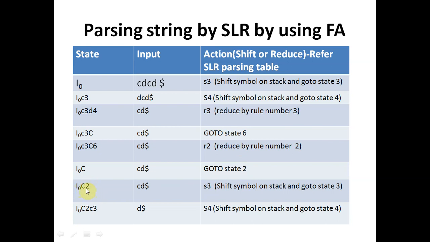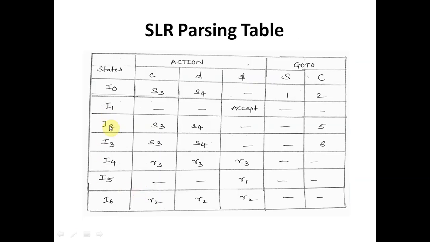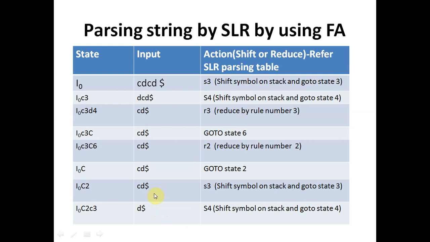Now you are in the second state and receiving small c. So the second state on receiving small c says shift 3. It is written as shift the symbol onto the stack and go to 3. So the c is shifted here, and you are in the third state. Everything has to be remembered, and on the input buffer only d is remaining.